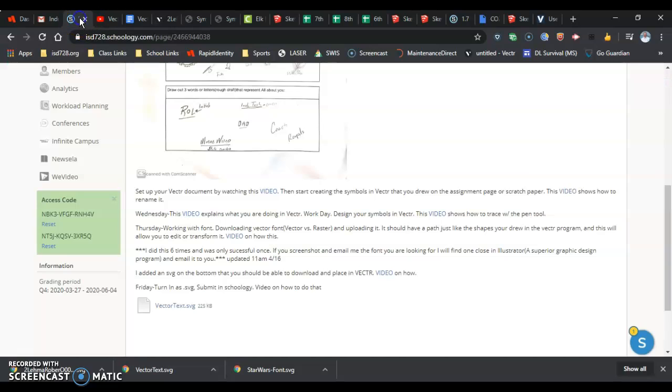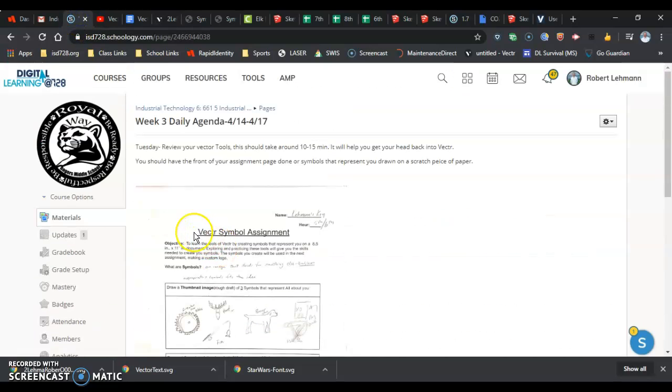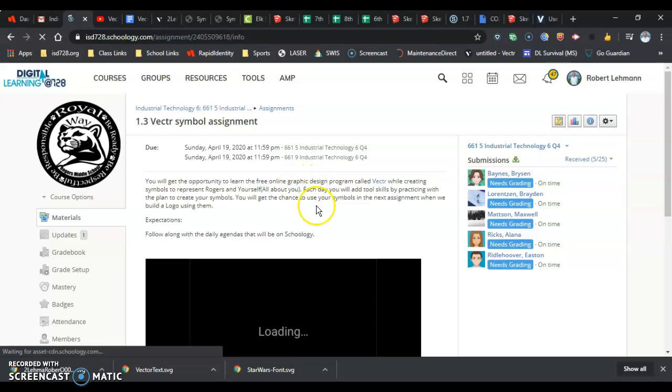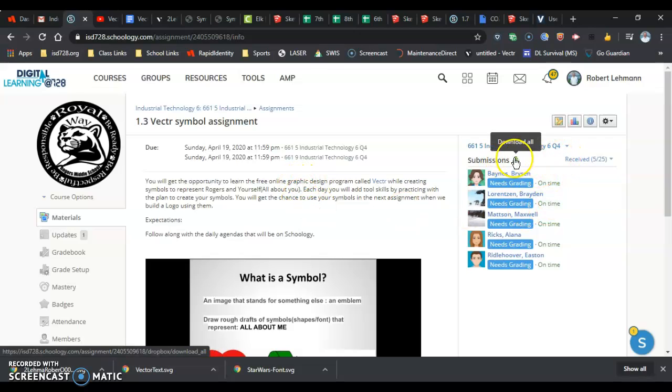So in Schoology, in the vector symbol assignment, which is right down here on the right hand side, when you click into it, you should see submit. What I'd like you guys to submit is that SVG we just downloaded, so this SVG, and then also